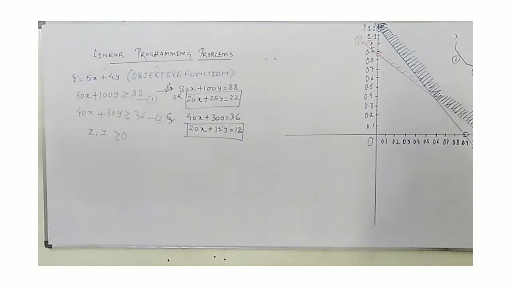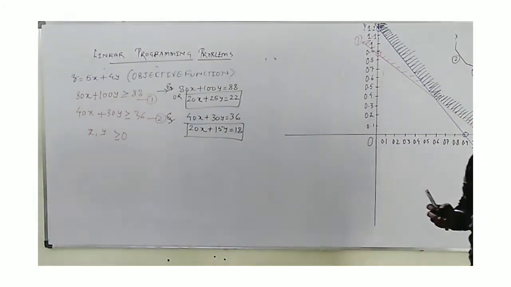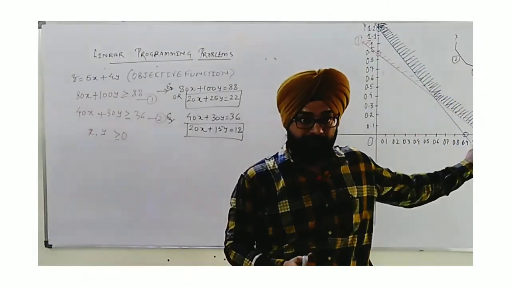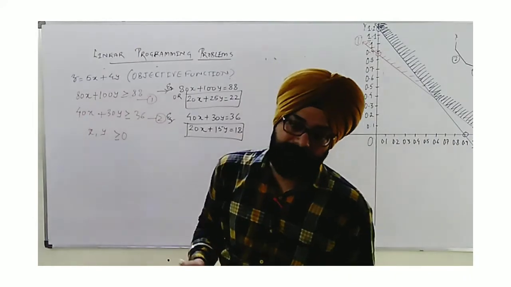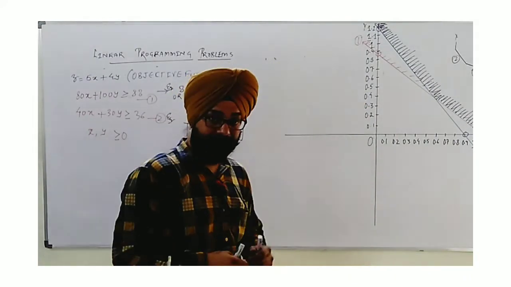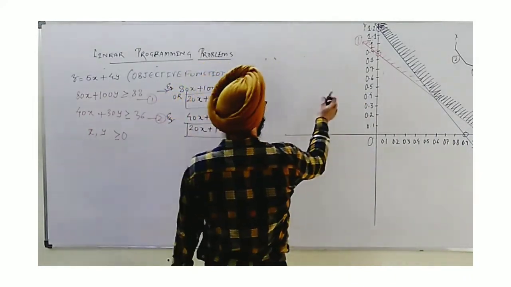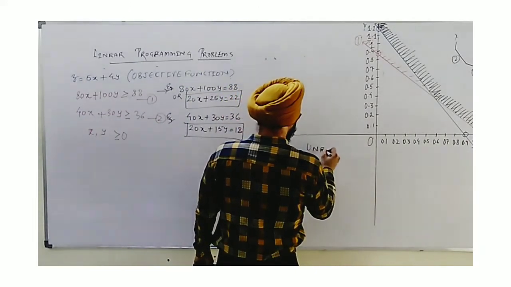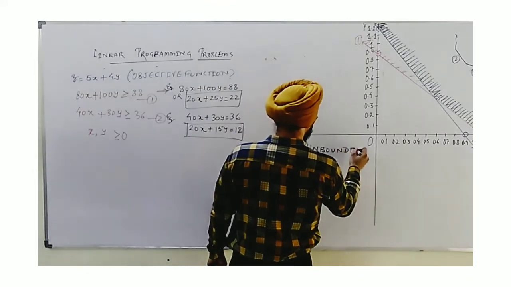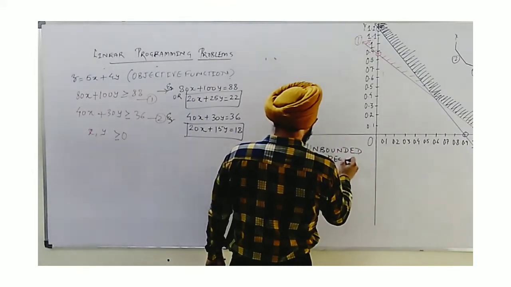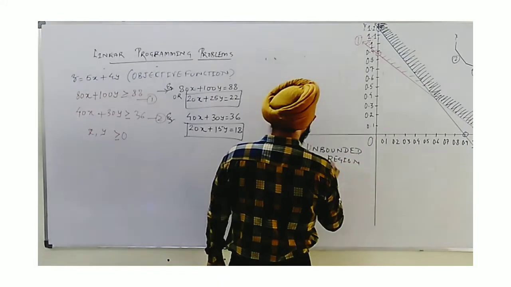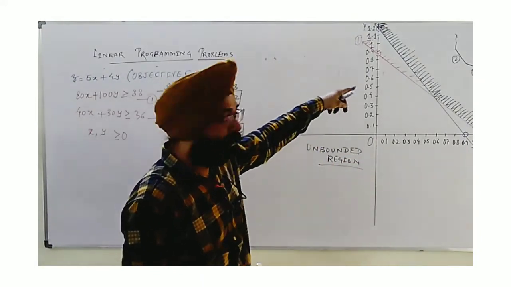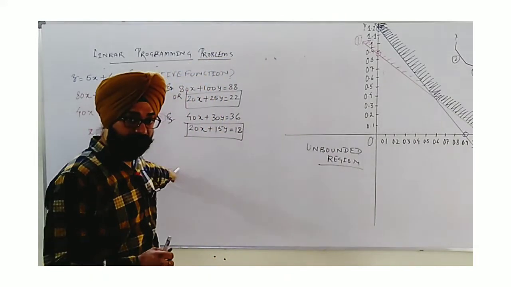And as I said in the beginning, whenever we get a region, it is surrounded by the corresponding constraints, and here also we do. The condition is we are not getting a bounded region. This is known as an unbounded region. We say this to be an unbounded region. Now this expands infinitely. The concept is the same. This includes all those points which satisfy all these constraints and conditions.